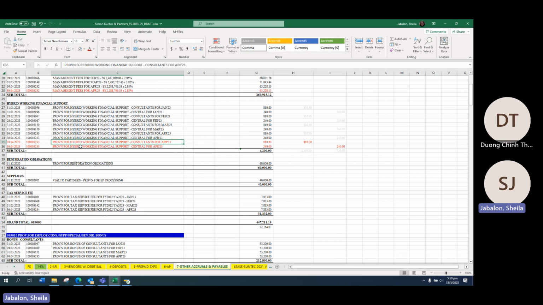So this is the provision, hybrid working financial support. They pay this at the end of the year. So we book a monthly provision for this, same amount every month. So it's 810 in total for all the consultants and 240 for the central support, for admin. So you just copy